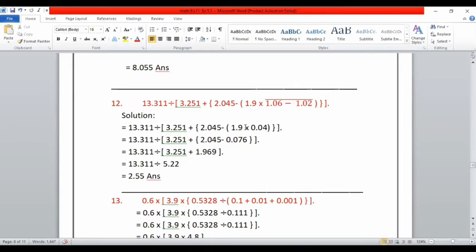Now when we multiply by ordinary multiplication, this 1.9 means 19 multiplied by 004, then place the decimal point after three numbers, counting from the right side: 6, 7 and 0. We got the multiplication answer 0076 plus the point, placed by counting three numbers from the right side, 1, 2, 3. Here we got the answer 0.076.